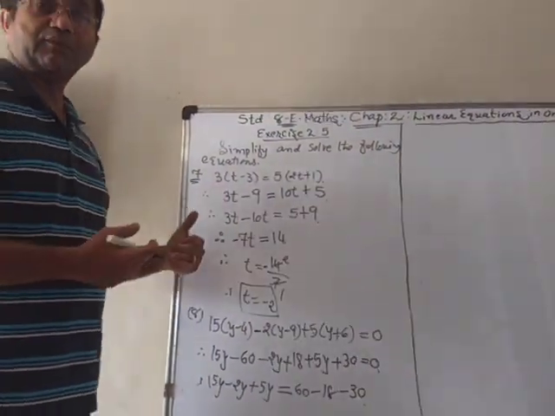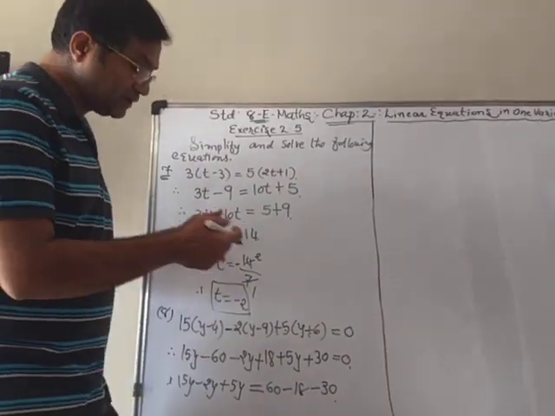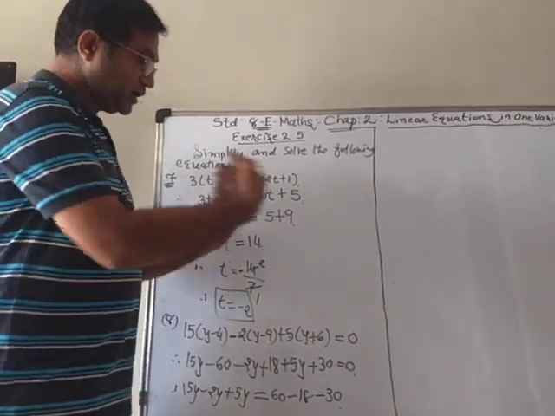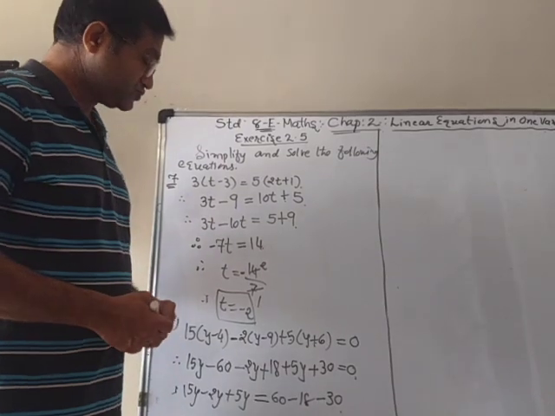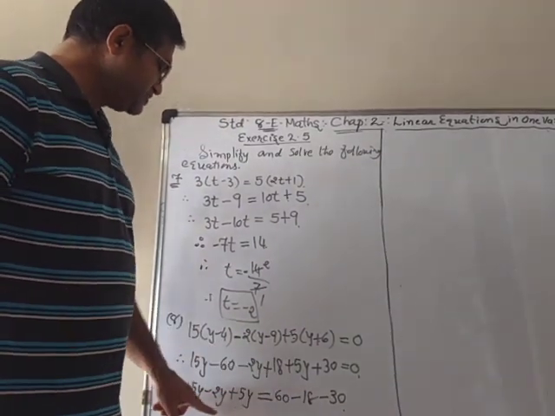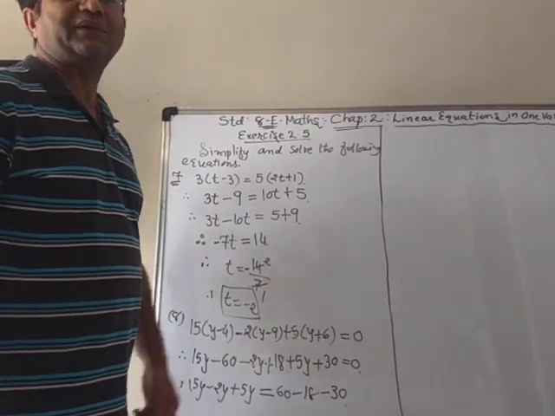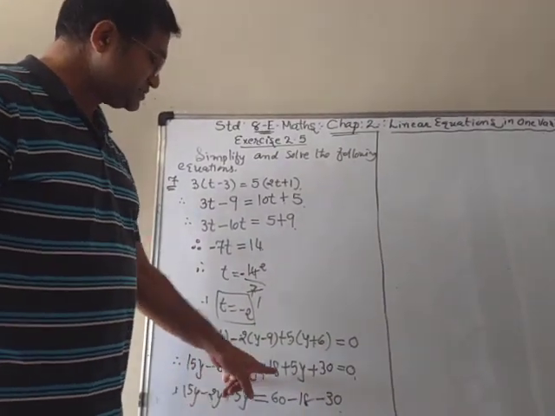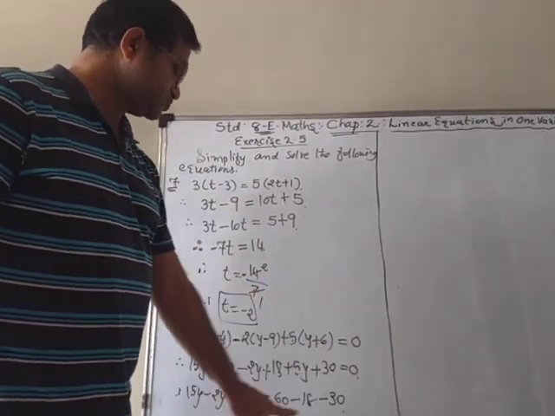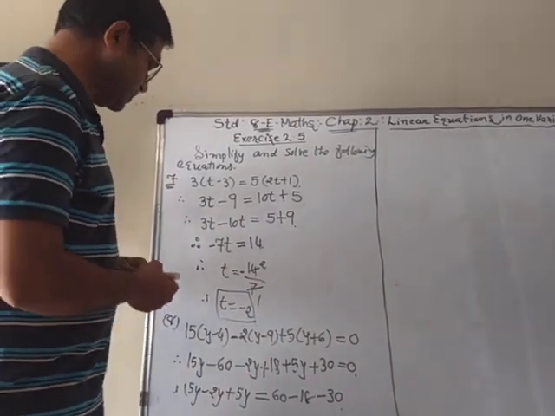Because we want to keep the terms with y on the LHS and the other at the other side. So here we didn't change the sign because they are only on the LHS, we just changed the place only. But these digits went to the other side, so we have to change the sign.